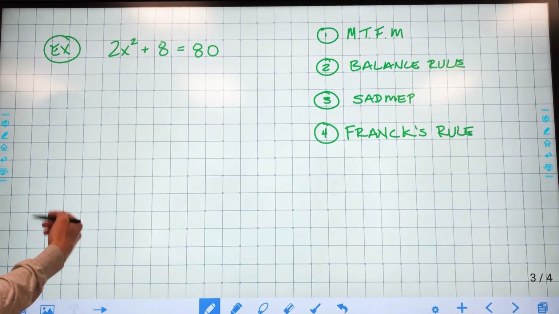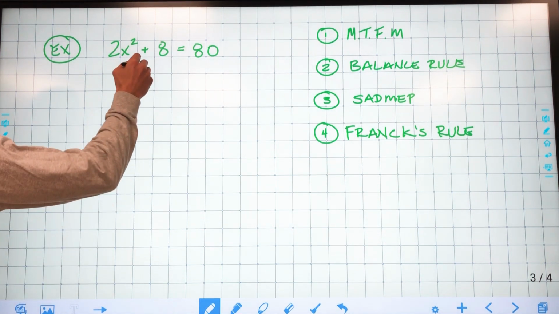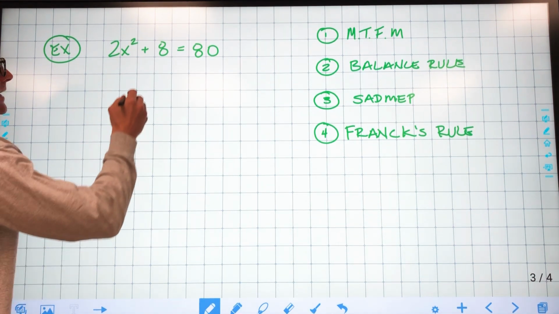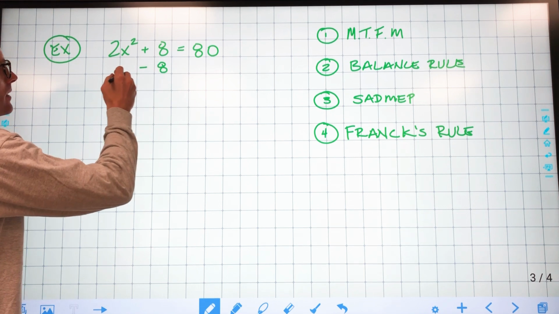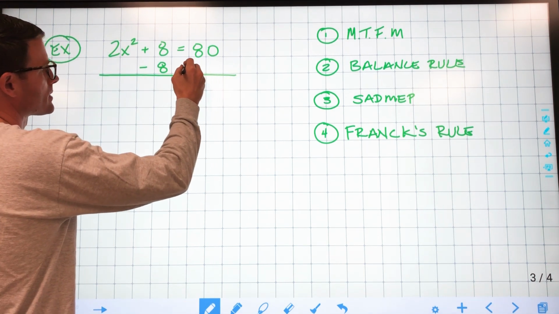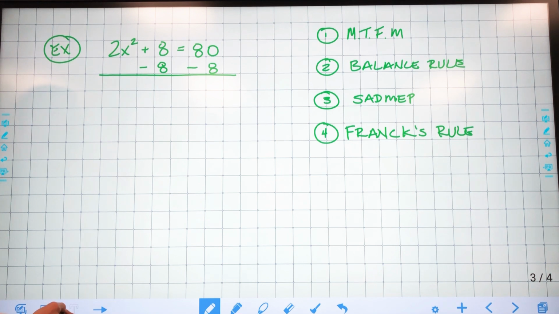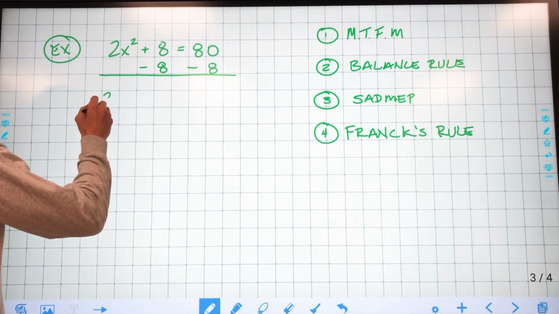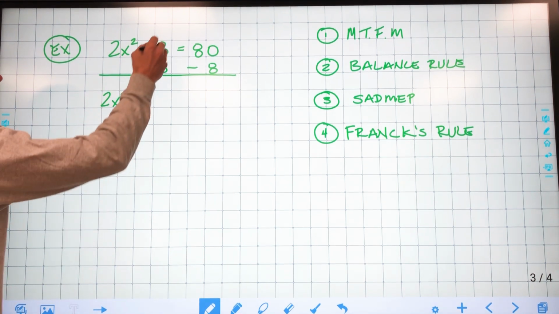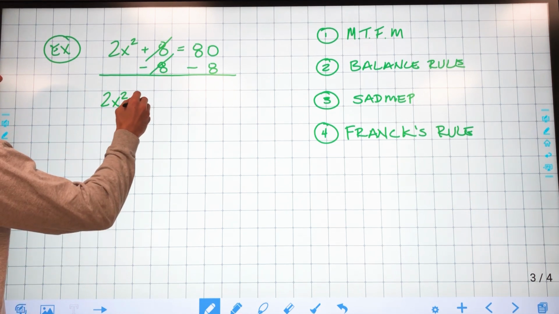So I'm going to apply my math trick for morons. I'm going to start with adding 8. So I undo adding 8 by subtracting 8. So there's a math trick for morons. I have to apply the balance rule, do it to both sides. So then my next line would be 2x squared, these cancel, equals